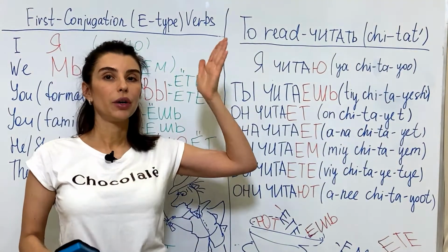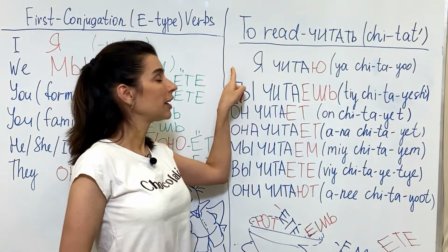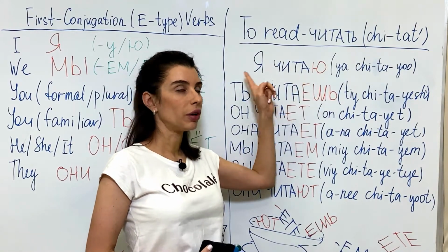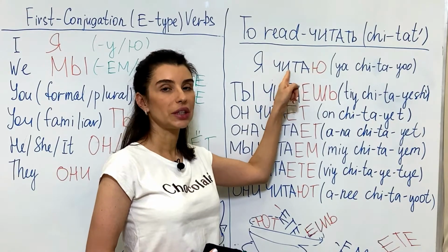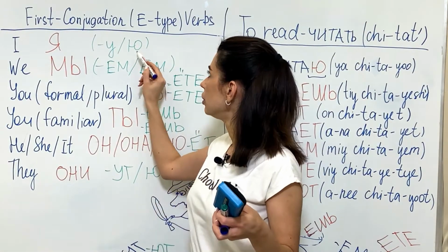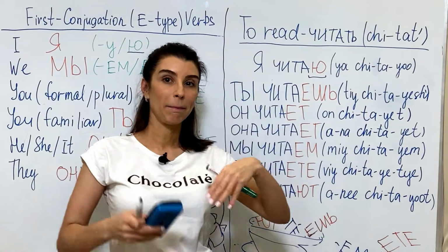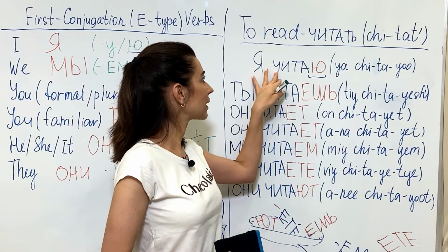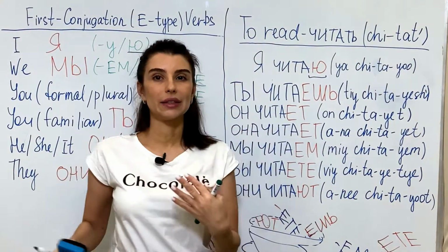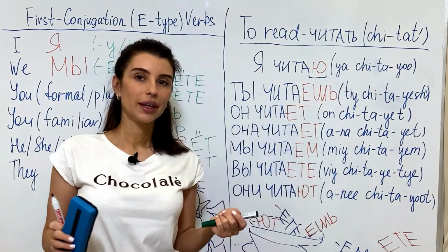For instance, the verb "to read" in Russian is "читать". So if you are using it with "я", the verb "читать" changes to "читаю", with this end. Читаю. You see here? Я читаю. And to help someone who still can't read in Russian, I put here some English letters. It's helping you to read in Russian, but you should promise me that anyway